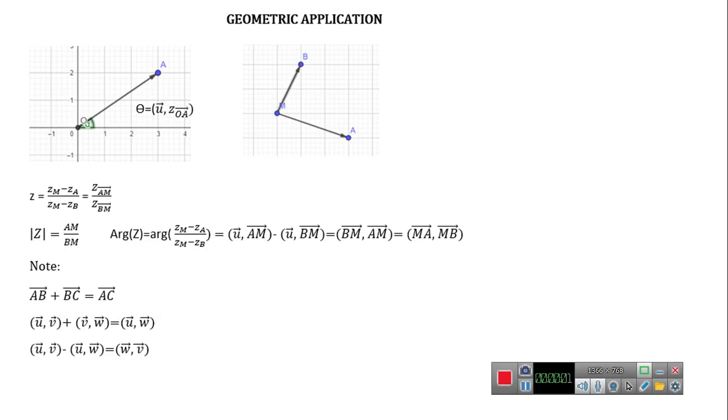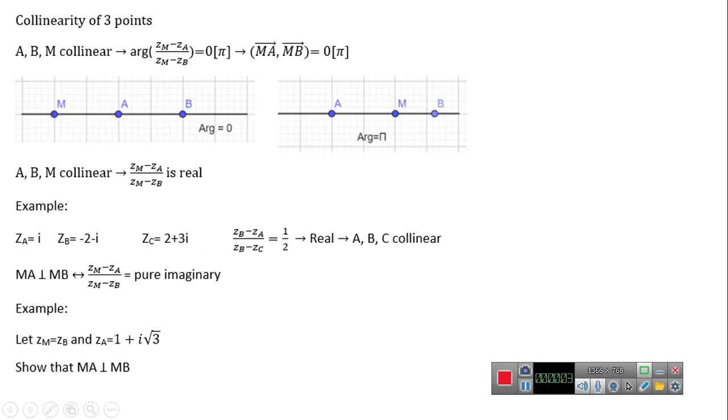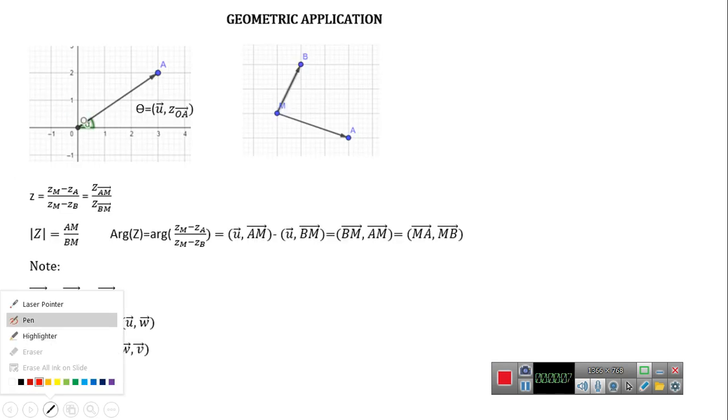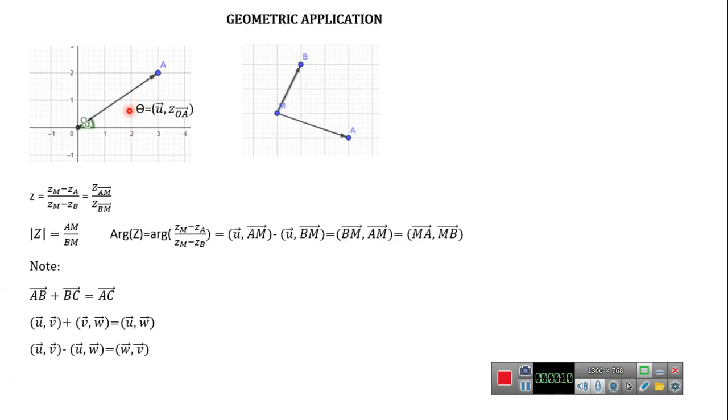Now the last part here is about geometric interpretation, which is very important in problems. First of all, if you have vector OA with the x-axis, and you want to find the angle of that vector, it's always the angle it makes with the x-axis. So we say that angle theta here is the angle of vector u of the x-axis with OA. Always in complex numbers,